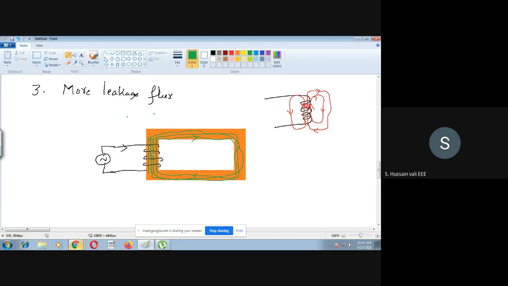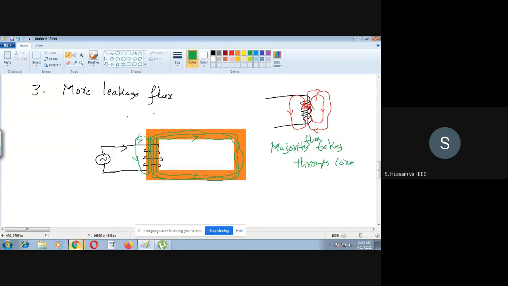It's not necessarily only the fourth one or fifth one. What I mean to say is that some very few flux lines make a closed path like this also. There is a possibility like this. So, of course, majority of the flux will take a closed path through the magnetic core. I will write: majority flux takes through core.